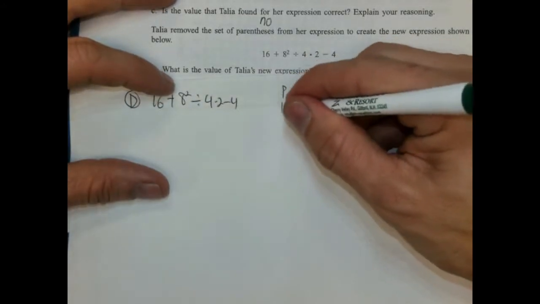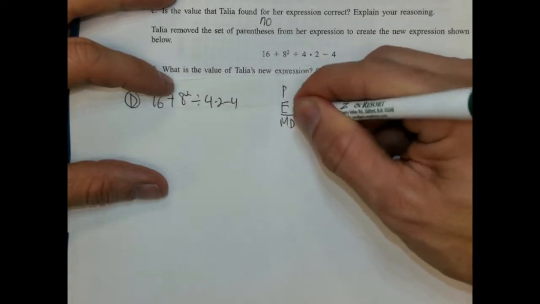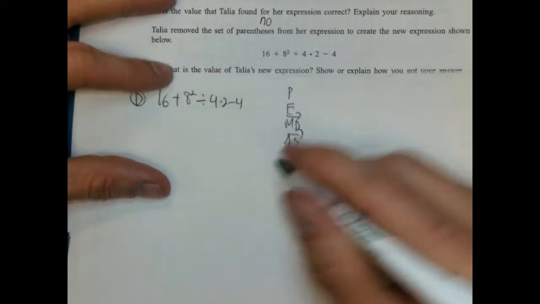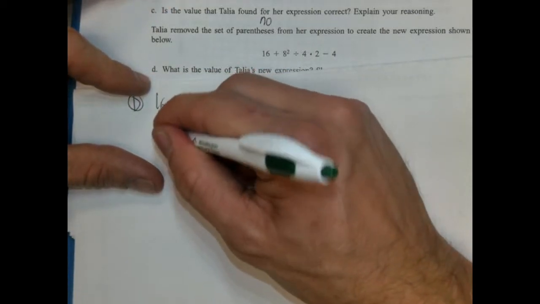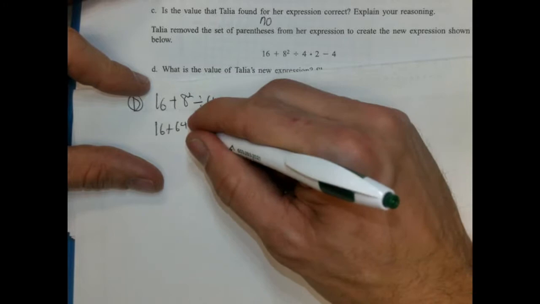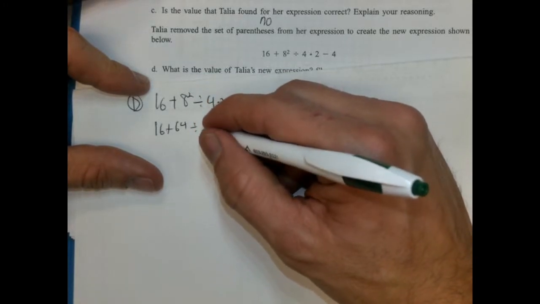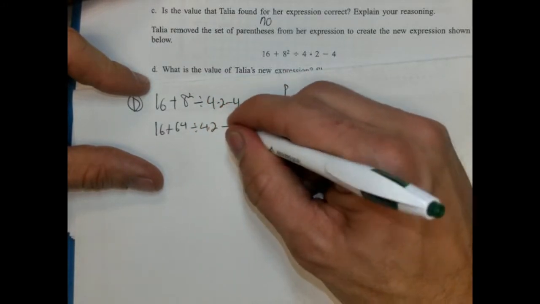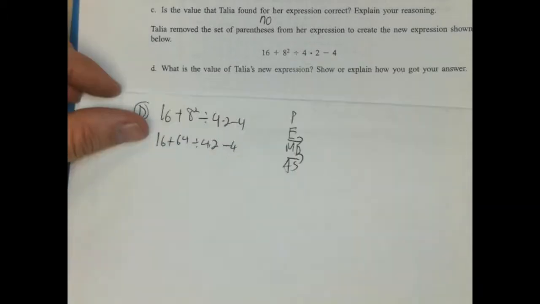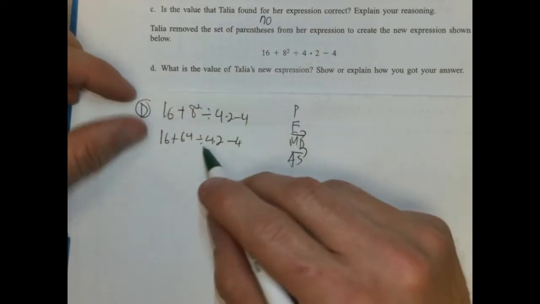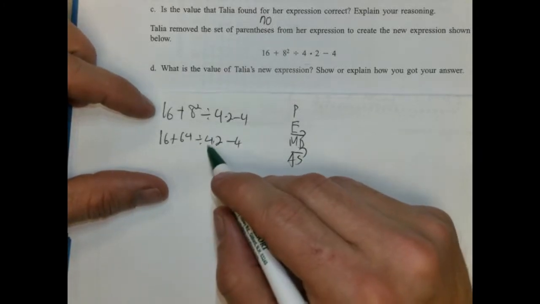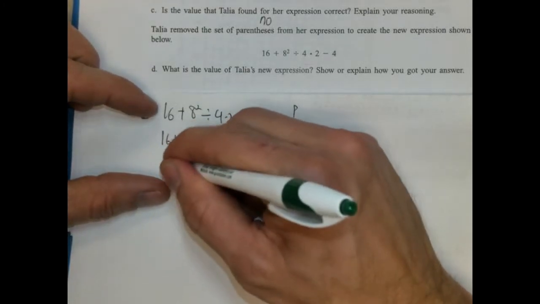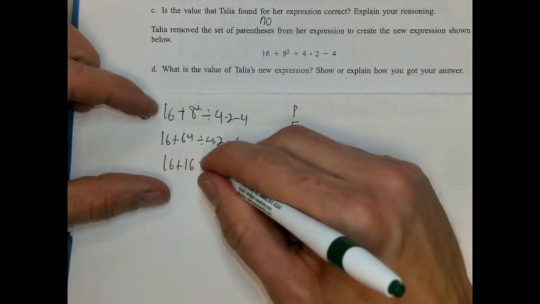So our order of operations again. All right, we know parentheses, we have exponents. So 8 squared is 64. So 16 plus 64 divided by 4 times 2 minus 4. And then, let's see, we're going to divide, because multiplication and division is a single step from left to right. So 64 divided by 4 is going to be 16. So 16 plus 16